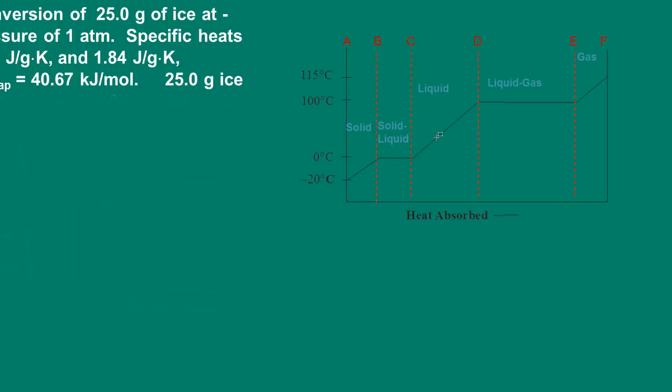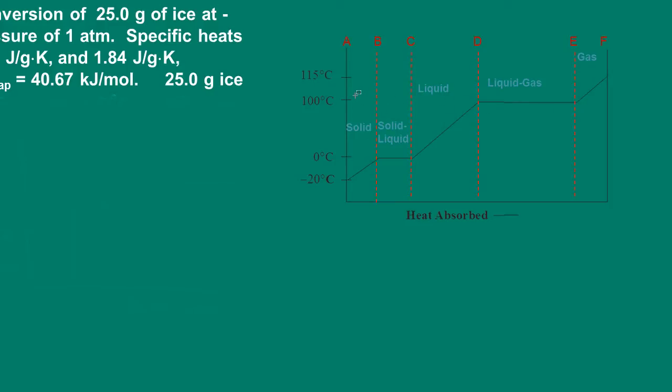So the liquid keeps absorbing heat, and we're adding heat to this until we get to the boiling point, which is 100 degrees Celsius. Now, once we reach that boiling point, notice that this temperature stays constant, and it stays constant until all of the liquid water is converted to a gas. Once all of the liquid water is converted to steam, the sample is still absorbing heat up until we get to 115 degrees Celsius. That's what the problem states. It could have been 125 degrees, but